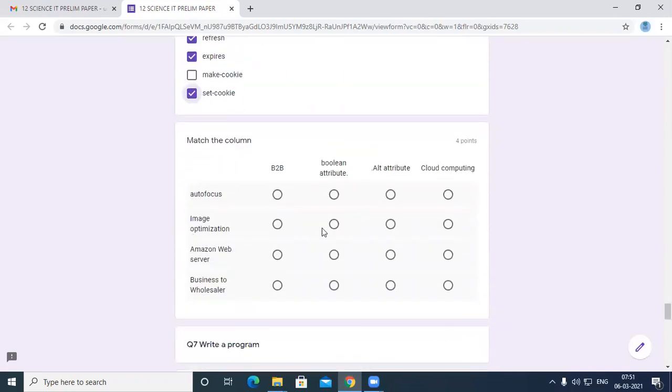I have made this match the column in such a way that you can answer, but in the exam it will be in the form of match the column.